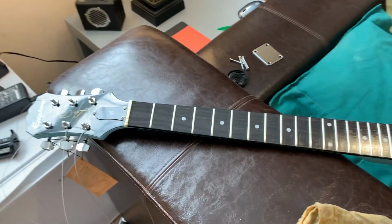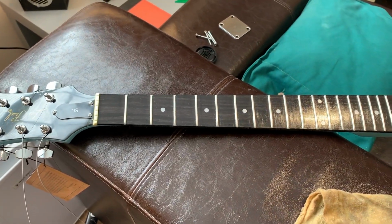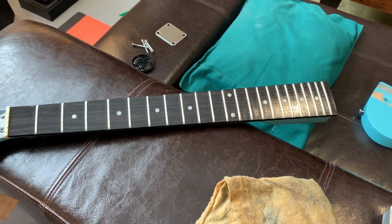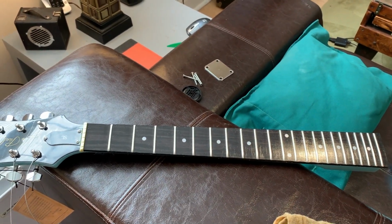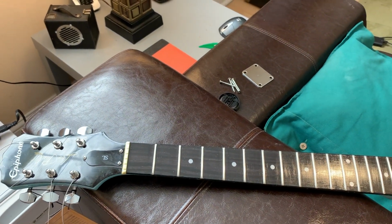Okay, well, it was probably a waste of time to oil up this fretboard before doing all the fretwork, but you know what? It probably protected the fretboard from nicks and scrapes while I was in there. So what have I done? I have leveled, I have beveled, I have polished the ends, I have now polished the frets with